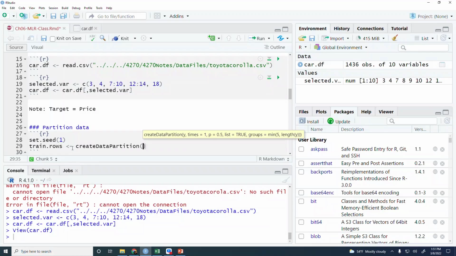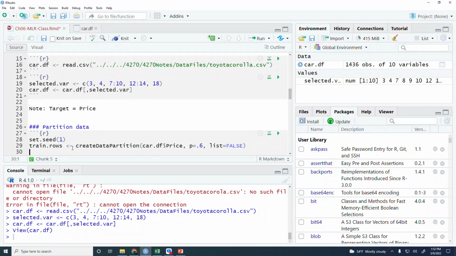You specify the target, which is car.df price. And then we need to specify the proportion that we want to select for the train set. Let's say that we want 60%, so 0.6, and then we have to say list equal to false. We don't want a list, we want a vector.